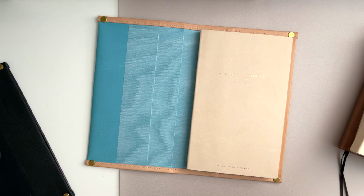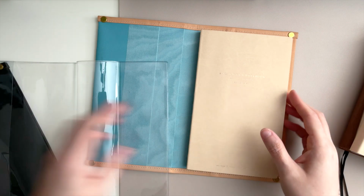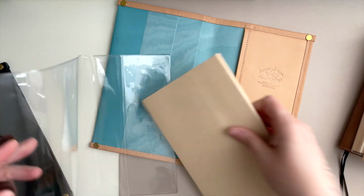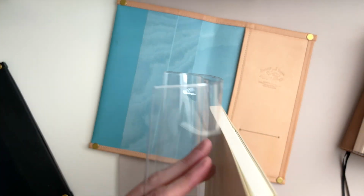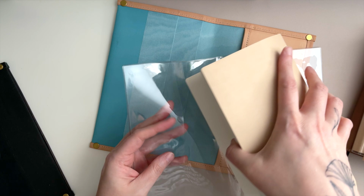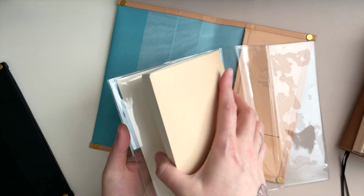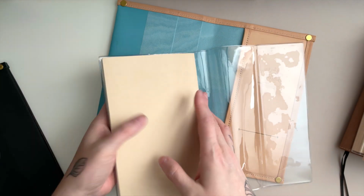And that's what I'm wondering if I can use it for this in that way. I don't know if it'll fit in the pocket because that was kind of a snug fit here. Not too bad though. I've had tighter fits. So yeah, if you have any old Sterling Ink A5s that just aren't fitting your A5s, consider